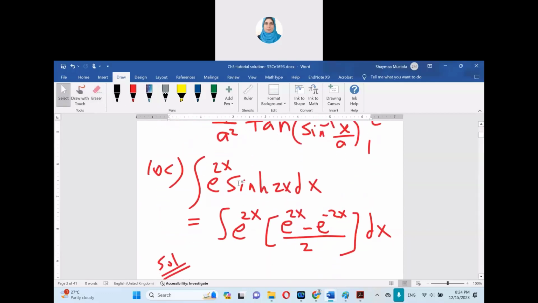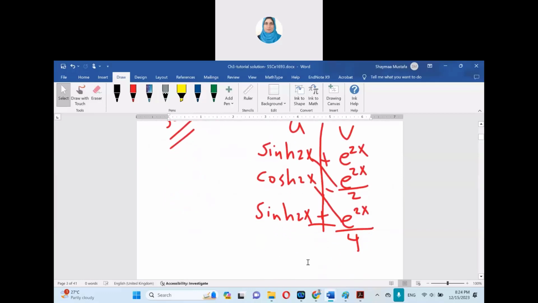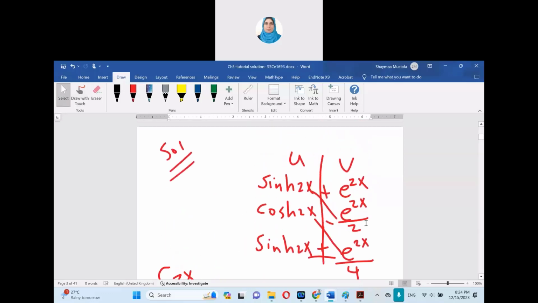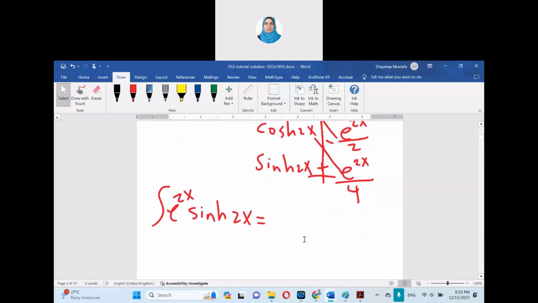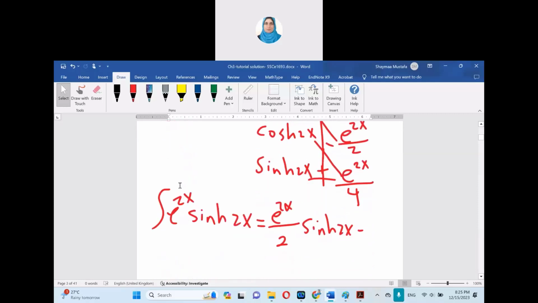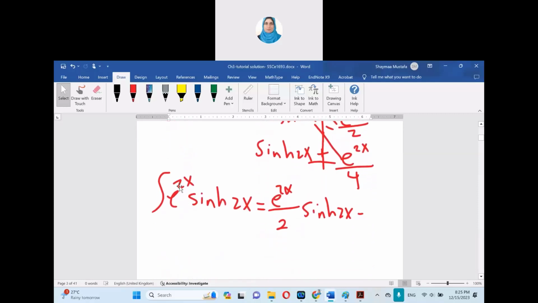The integration of e to 2x sinh 2x will be equal to e to 2x over 2 sinh 2x minus e to 2x over 4 cosh 2x,